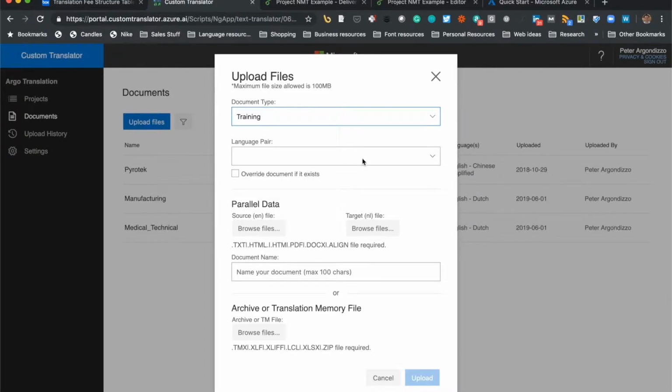You choose your language pair, and then you can provide parallel data. So parallel data would be, think if you had, say, an Excel spreadsheet with 100 rows, and then you had the matching 100 rows in another language, in this case Dutch. You could upload the two files and essentially an alignment would take place, and that material would be used to train the engine. Or if you have translation memory files,